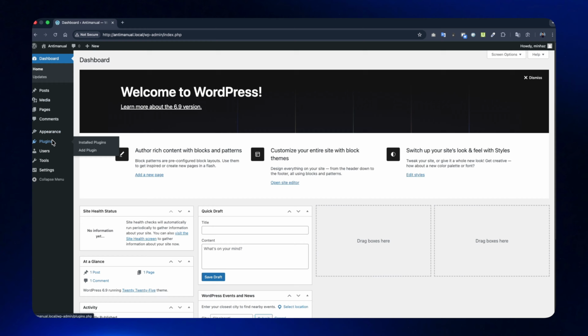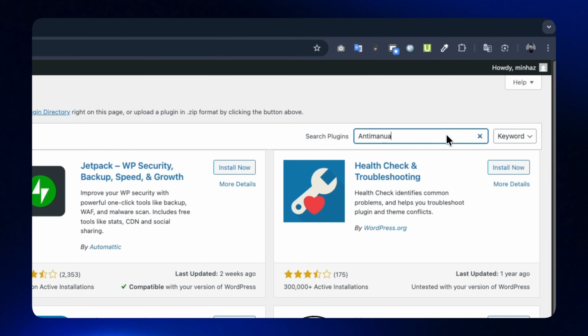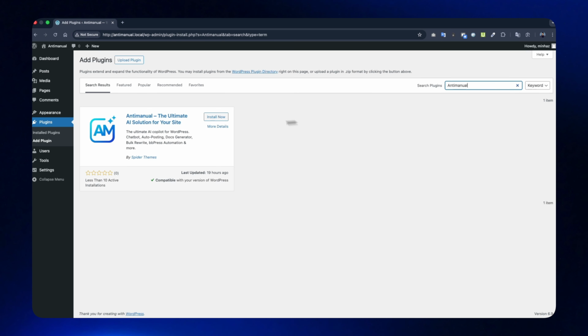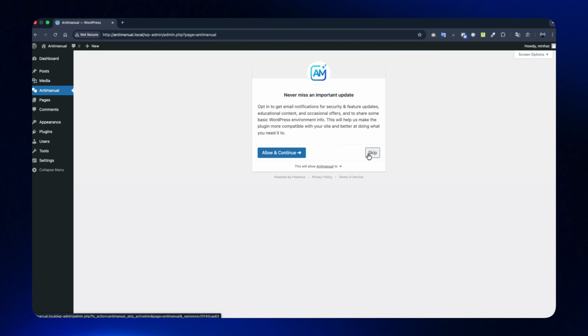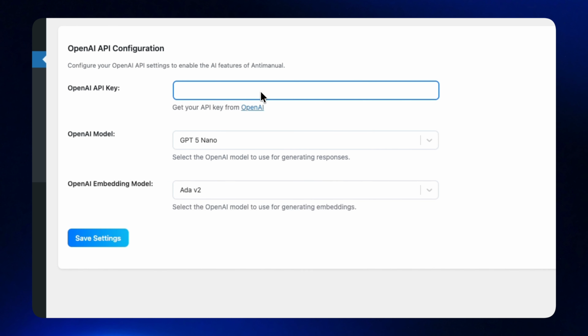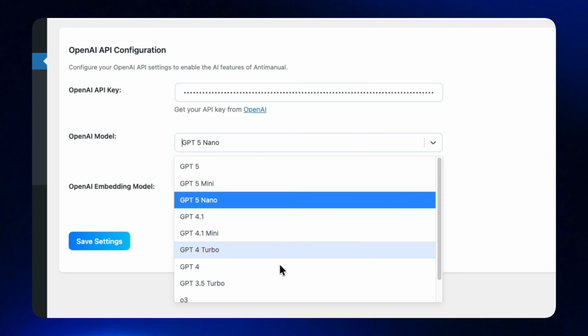First, navigate to your dashboard and select Add New Plugin. Search for Antimanual and simply install and activate it. After installing the plugin, configure the OpenAI API key obtained from the OpenAI website, select the required models, and then